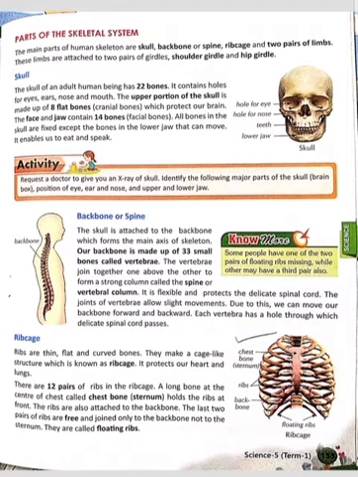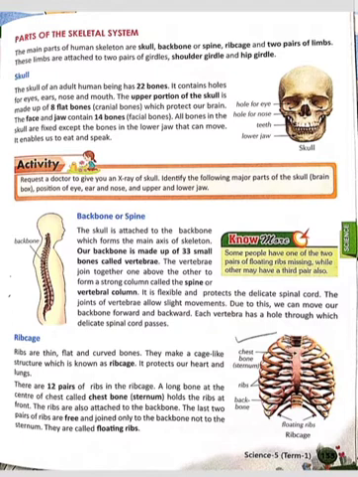Out of the 22 bones of the skull, it is divided into two types: 8 flat bones, also known as the cranial bones, and 14 bones known as the facial bones. So 22 is divided into two types, 8 and 14. 8 are cranial and 14 are facial bones. This you have to remember. The cranial bones protect our brain, which is on the top of the skull, and the 14 facial bones comprise the face and the jaw.